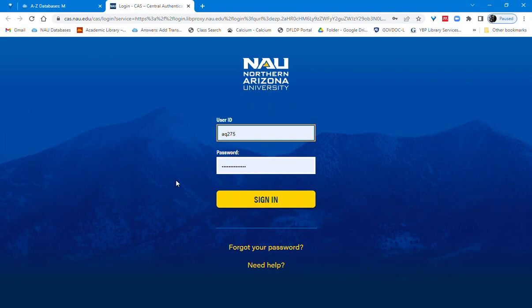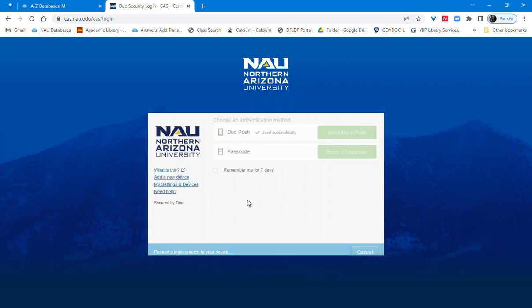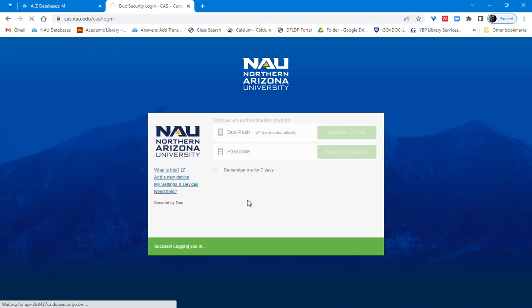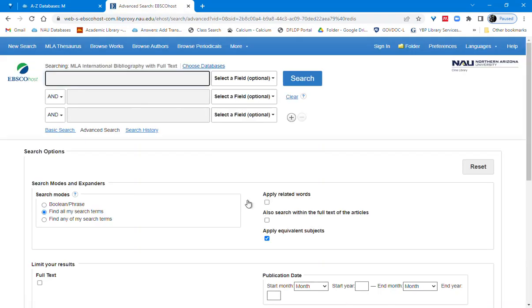The first thing you're going to have to do is enter your ID and your password, sign in, and then, of course, authenticate that it's really you. Once you do that, it'll automatically take you to this screen, which is the advanced search option. And the reason we, being the librarians, have selected it is that MLA is a more complex of the EBSCO